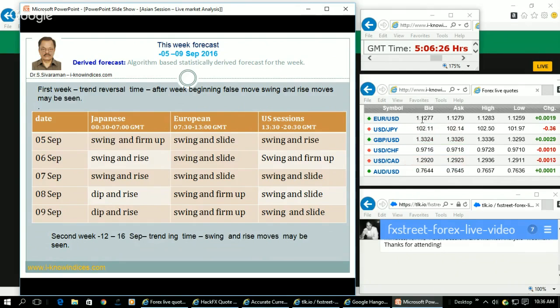They alternatively made the up and down moves in the case of Euro and GBP. As a result, we found that European crosses are handled as well as Yen crosses are handled. And now, today being Friday, they will try to make some more squeezing on the downside in the case of the crosses. So that is what they are expected to make a dip and then rise during the Japanese session and then swing and firm up during the European session.